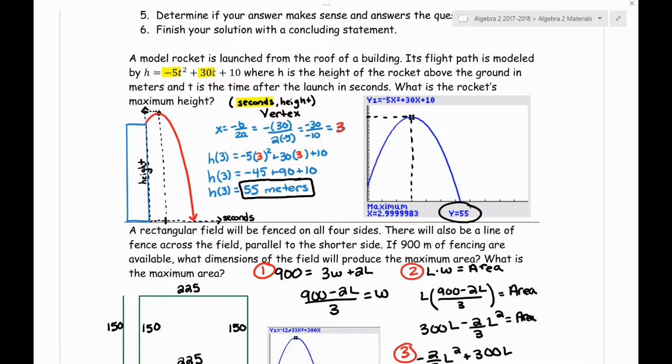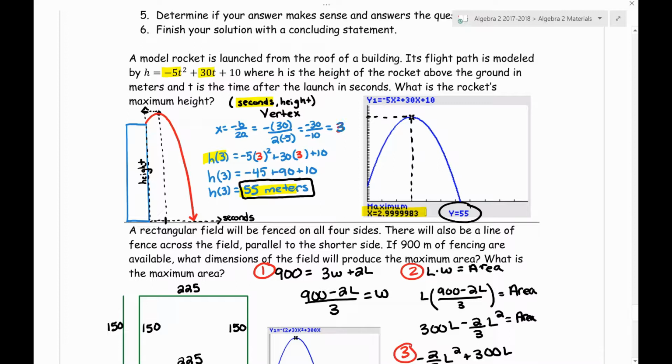So I need to take that and evaluate the 3 seconds in my function. When I plug in 3, what I'm going to get back is the height. When I do that, I get about 55 meters, which is the maximum height. That's going to give me the vertex. If you want to graph it,